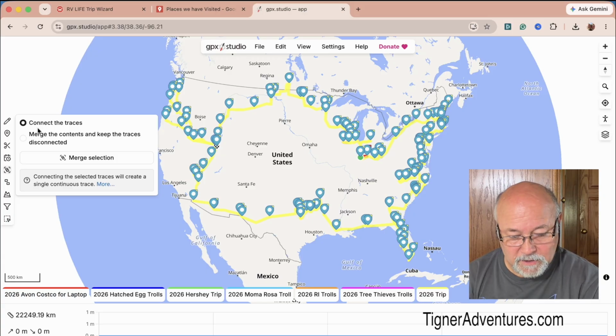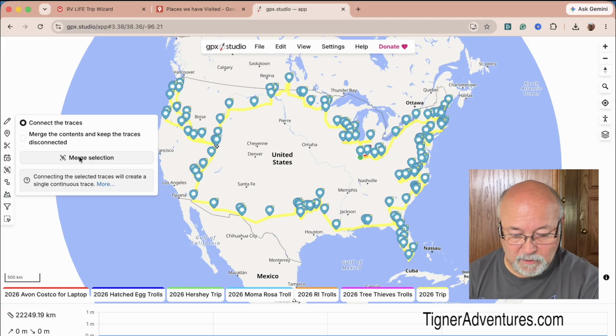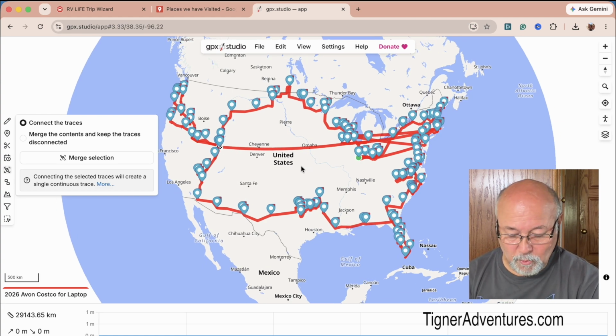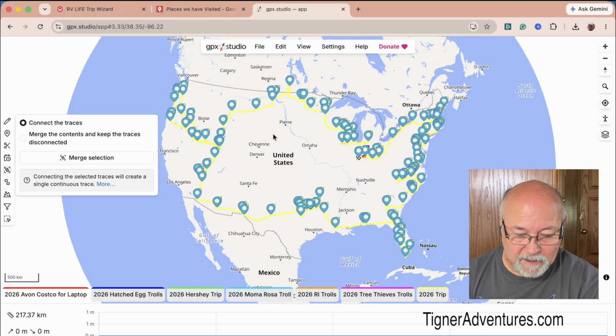Okay, there's different options of merging them. You can merge with the traces, or you can merge without and keep the traces disconnected. I'm just going to do it with the traces to begin with, so you can see how it looks. But I'm going to say merge, and you'll notice that my lines have gone all over the place here. I don't really know what it's doing. I don't know how it got this line going across the middle here, because I'm not traveling that way, but that might just be a bug within their software. I'm not really sure. But if I hit undo, so Command Z,